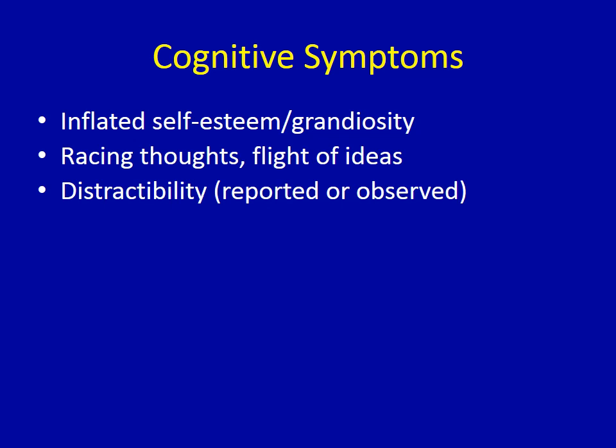Or it might actually be observable. You might be able to watch an individual start tasks and then not complete them. It might be evident in their speech and trying to keep them on topic during an interview, or you might be getting observations from family members or coworkers or other people that an individual is engaging with. So all of these cognitive symptoms are indicative that a person's thought patterns have shifted in the context of this elevated or expansive mood. And then finally, we have the somatic symptoms, so the way that a person is physiologically experiencing this elevated mood. One of the key characteristics of a manic or a hypomanic episode is a decreased need for sleep.